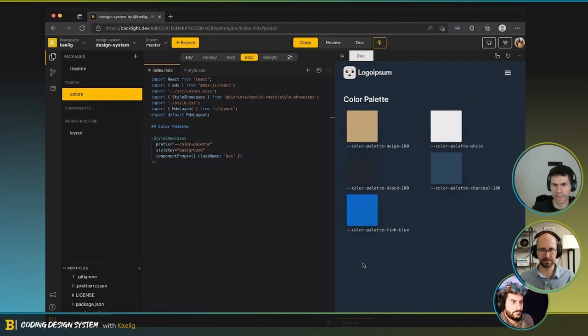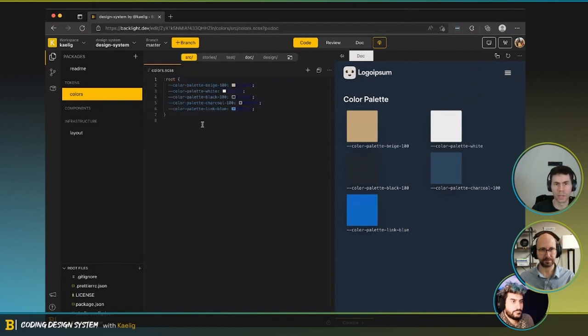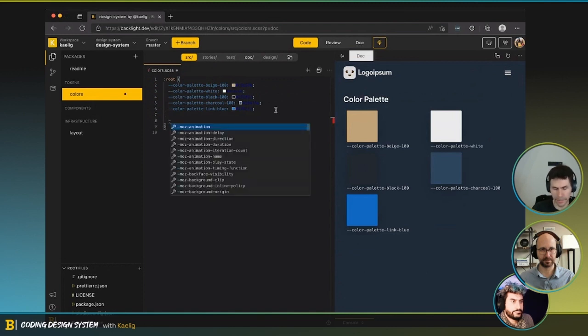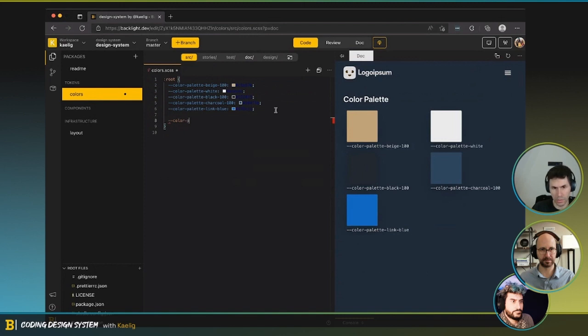Cool. And then this is where if we go here, for example, just for the sake of the explanation, if we go with primary and we pick up that primary is the color palette, let's say, I don't know what it is exactly, but link blue.